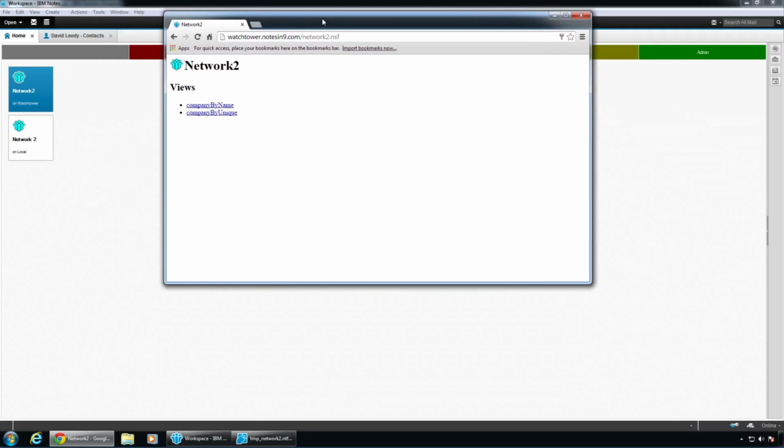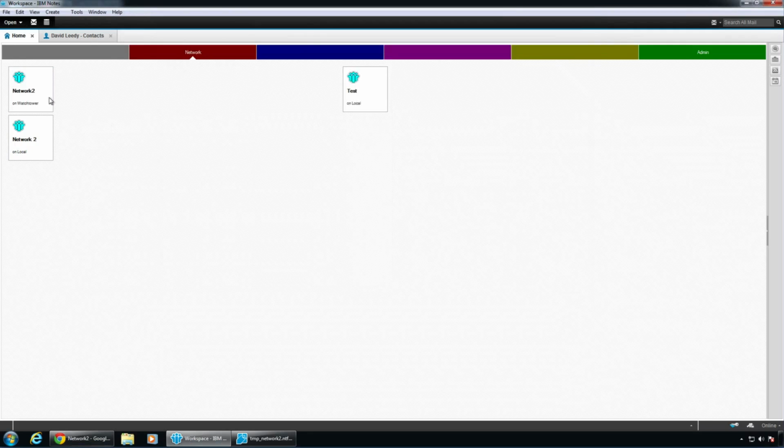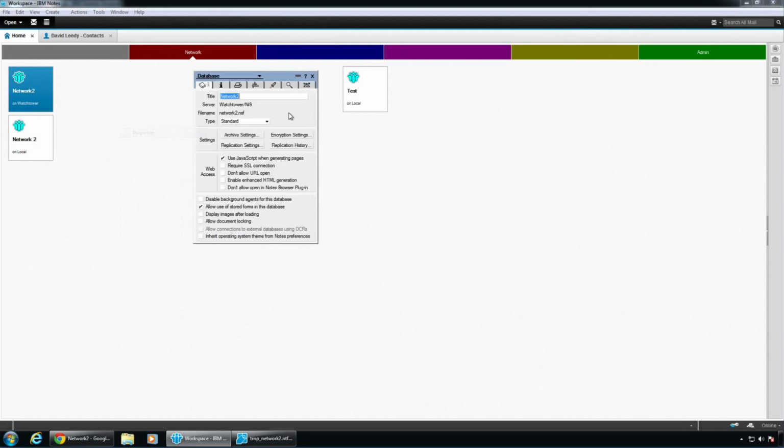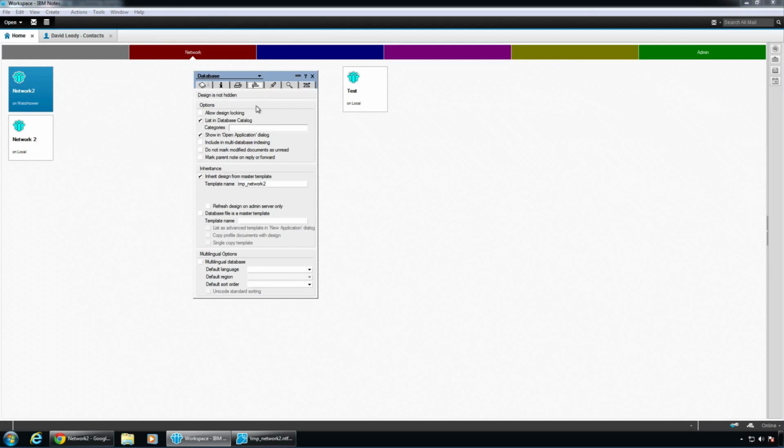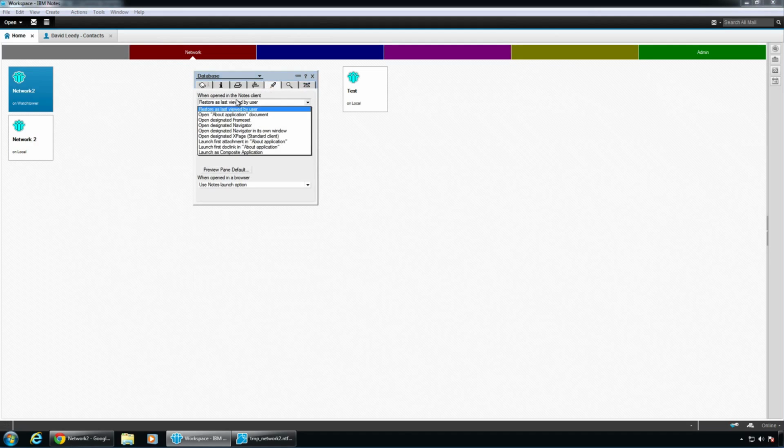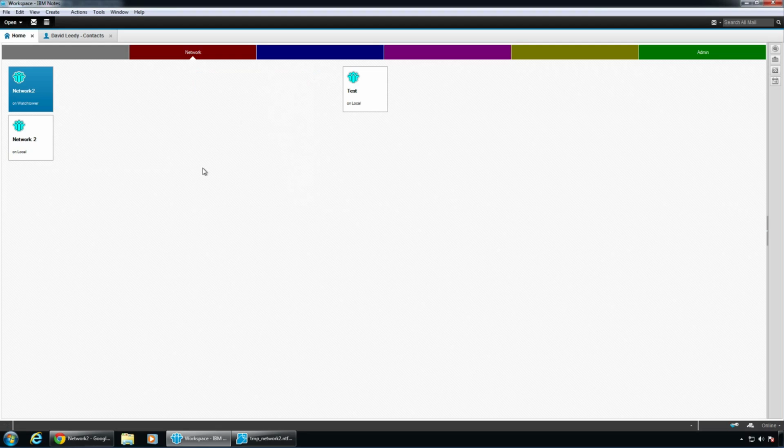And the reason why we don't see our home page is we didn't tell the application what the home page was. So we come back to our properties, and I could do this in the designer as well. And there's launch. Oops, over here is launch. And I could say open designated XPage. Looks kind of weird. I'm not actually used to seeing it here. And then if we come back here and do this again,